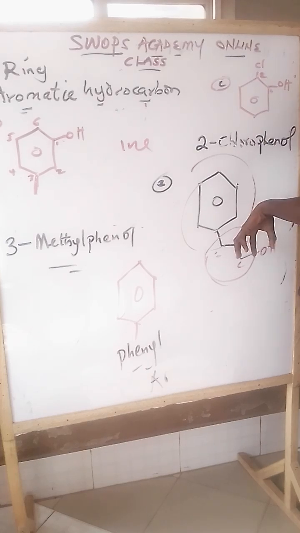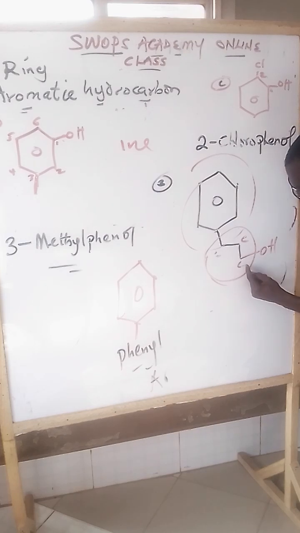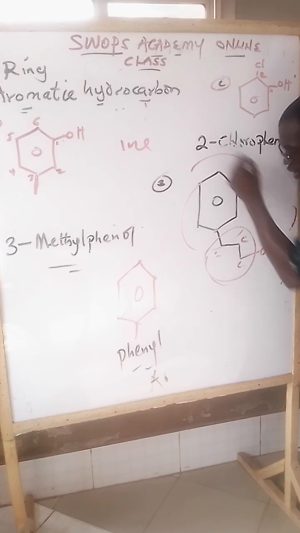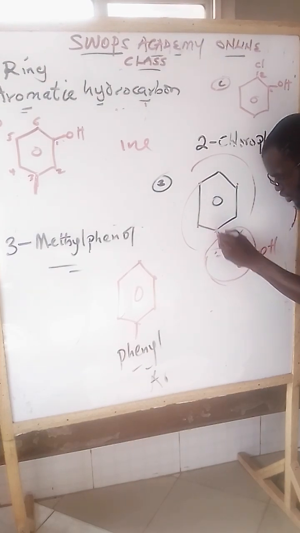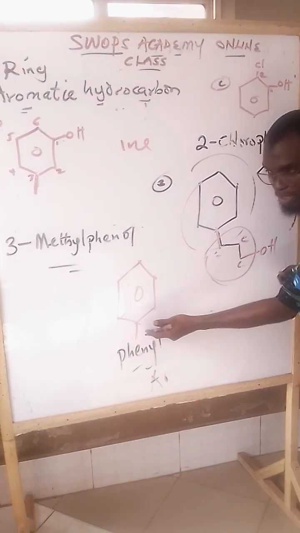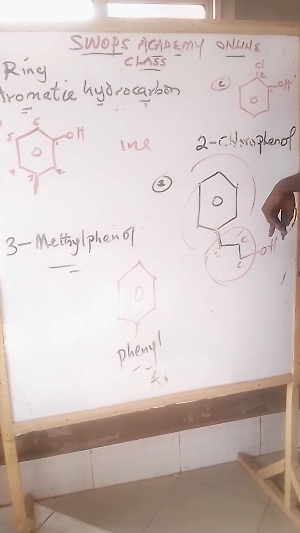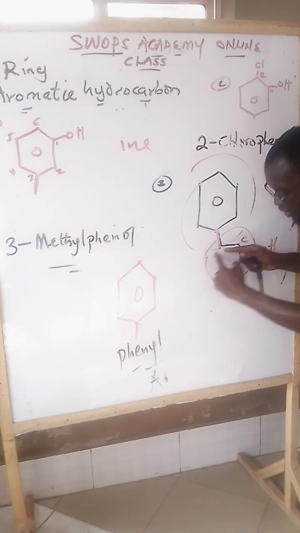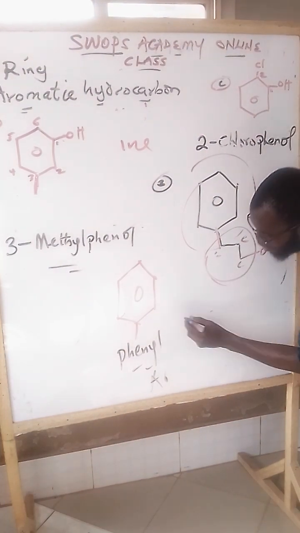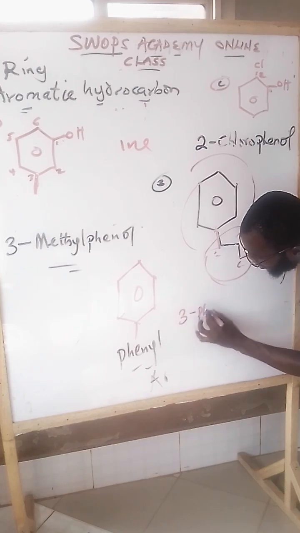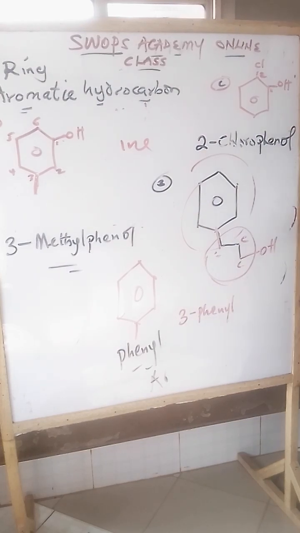What carbon is it falling on that is carrying it? It will be, let's see, 1, 2, 3. 3 phenyl. That means all this particular structure with this attachment is phenyl, but it's on carbon number 3. So 3 phenyl. Are we together? Hope I'm communicating. Now, note that